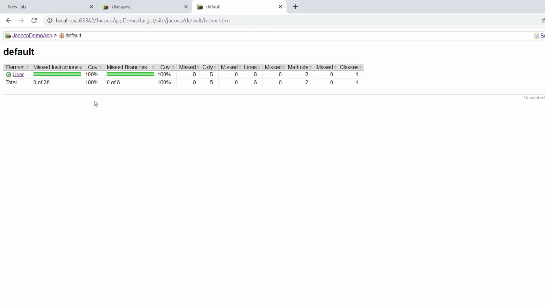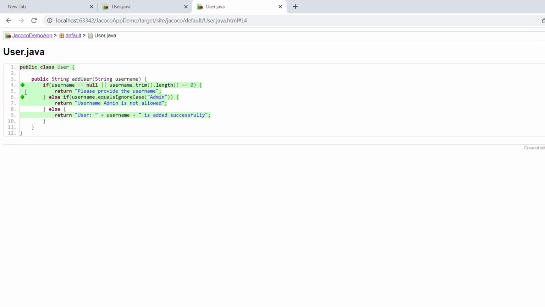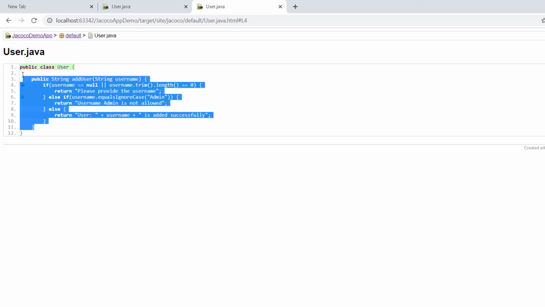Let me go to this default package, then user. As you can see, for add user, the green diamond has come, so this is also satisfied, and this is also satisfied, because we have written one test case for null, another for the empty string, another for admin, and one for the valid username.